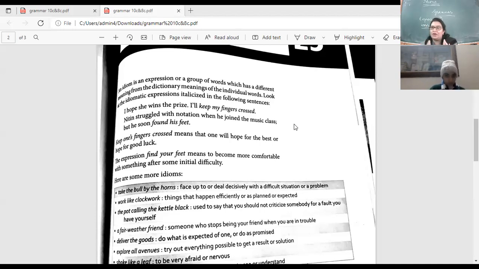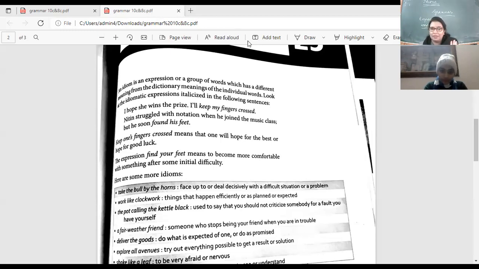I kept my fingers crossed during the competition, hoping to win a prize. So when do we keep our fingers crossed? That is best of luck, isn't it? So, all the best for the competition, I'm keeping my fingers crossed for you. Otherwise also we do cross our fingers, right? How does it mean that? We can never anticipate that this group of words will have this meaning.